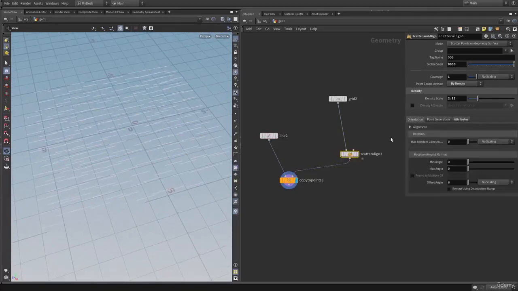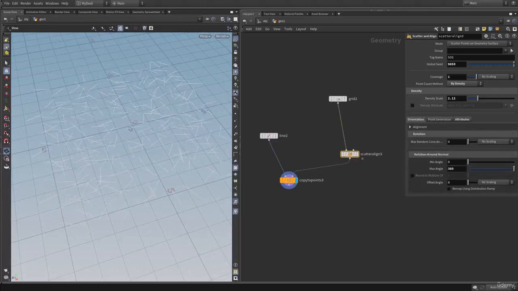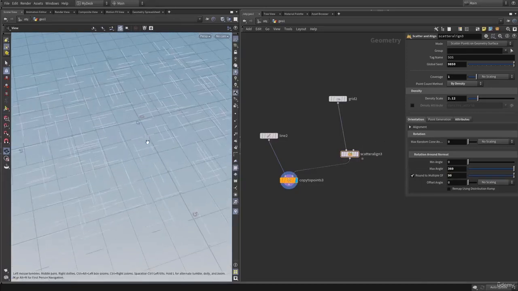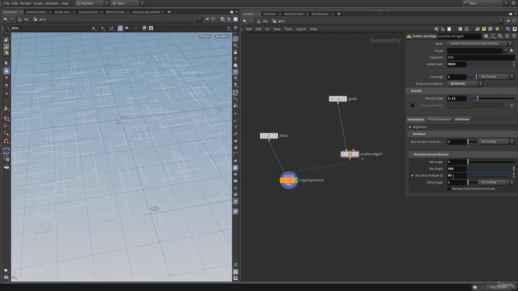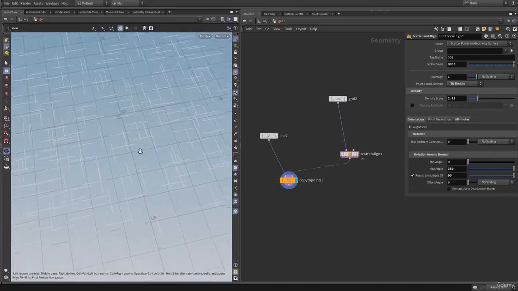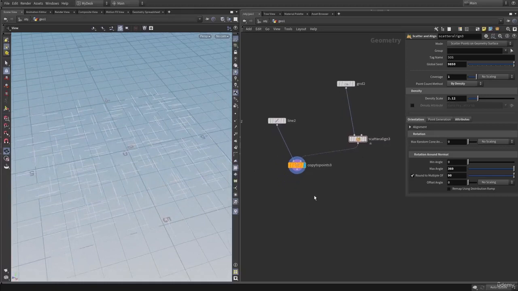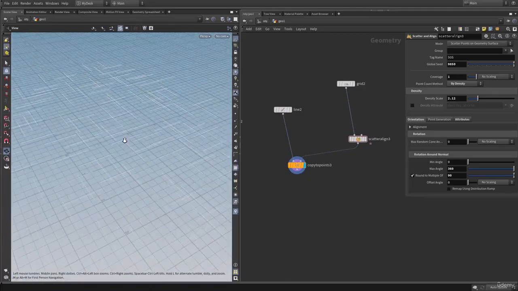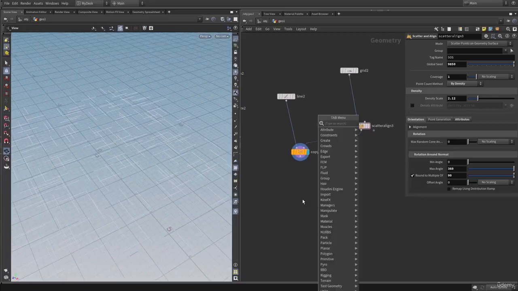And here onto the orientation, here we have the min and max angle, so let's increase it to 360 degrees, and let's check the round multiple. So we can say whenever we are rotating over these points, they are allowed to take 90 degree turns. Okay, so here as you can see, now our lines are rotated and they are exactly taking the 90 degree turns. So let's create a